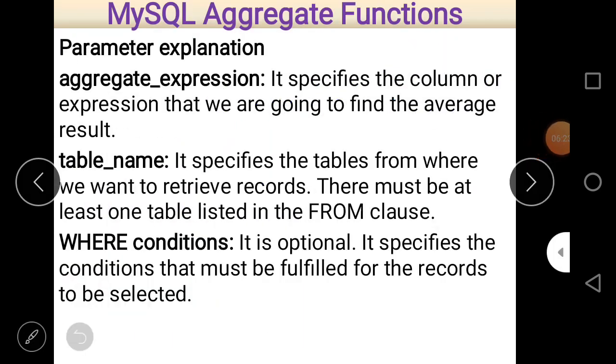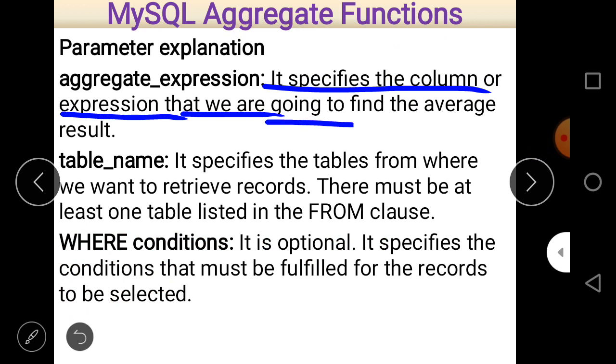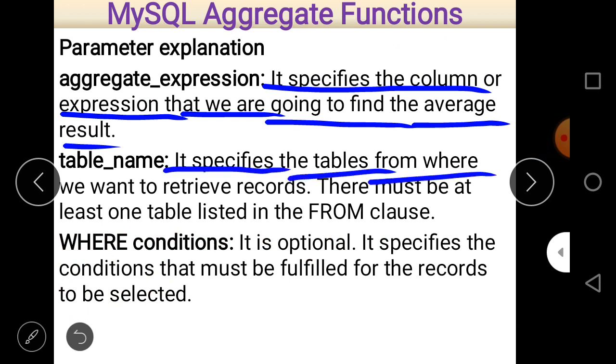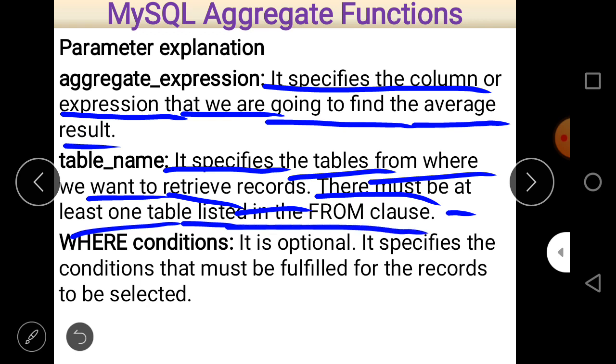Now the parameters are explained here. Aggregate expression specifies the columns or the expressions for which we are going to find the average result. And table name specifies the table from where we want to retrieve records. There must be at least one table listed in the from clause.